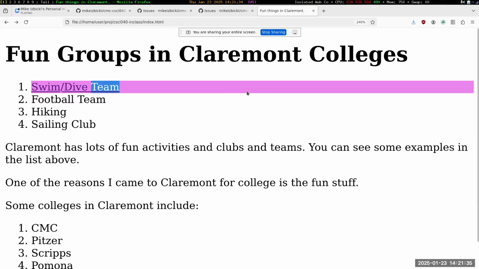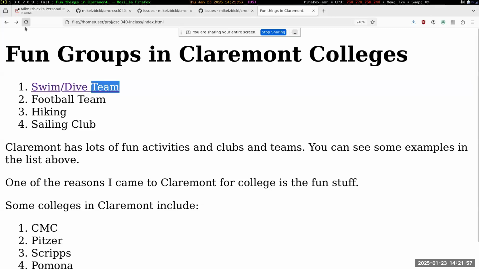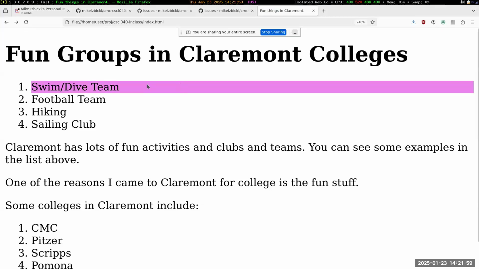And so if I want this entire thing to be a button that I can click, I need to move my A tag so that instead of being around the text like this, it's around the list item like this. So all I did was move the A tag so that it's not around swim dive team, but around the list item itself. Now when I save this, come back over here, refresh, and I